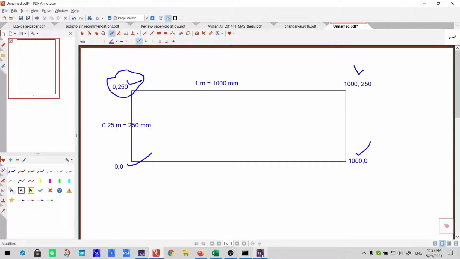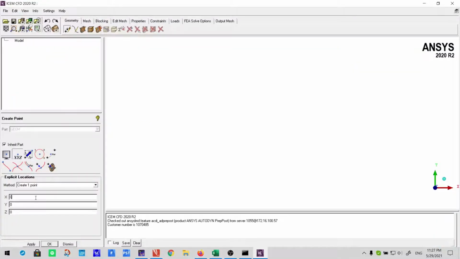So let's begin. We'll just enter here. First is 0, 0. In z direction, it will always be 0, because we're going to make a 2D geometry that will not extrude in z direction, so z will always be 0. So the first coordinate will apply 0, 0. So it appears like on the screen you can see. The second one will be